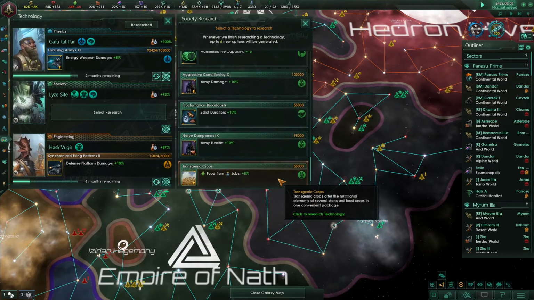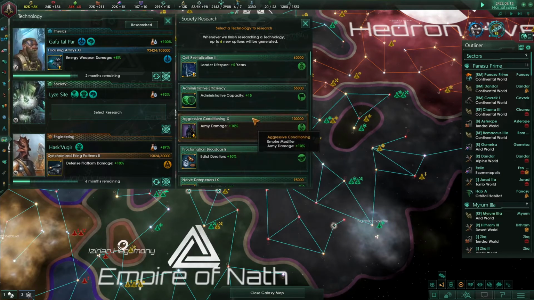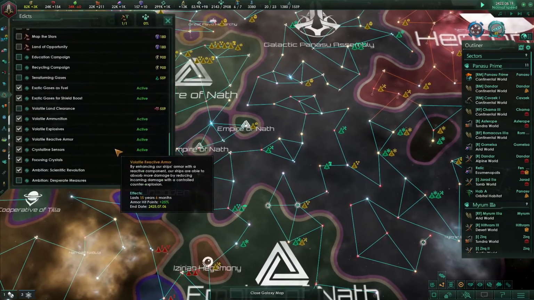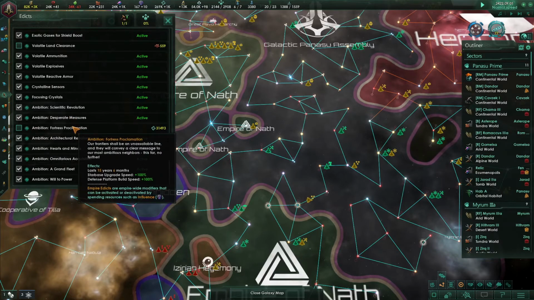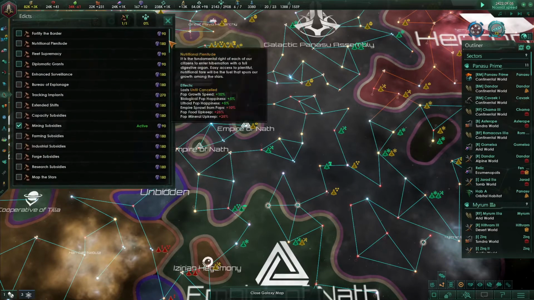Army health, army damage. I don't care so much about that. Let's add some leader lifespan. Let's look at edicts. Desperate measures. Ship build speed. Yeah, we want to turn that on. Ship build speed in the defensive war, 100%. Home territory fire rate, 40%. Starbase upgrade speed, turn that on. We definitely want that. And then